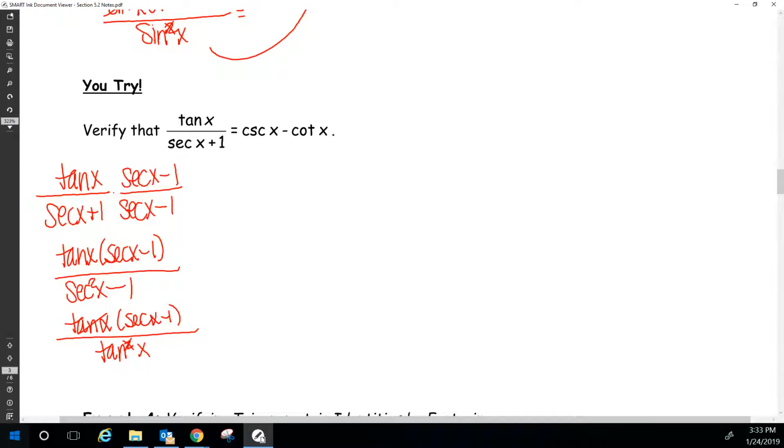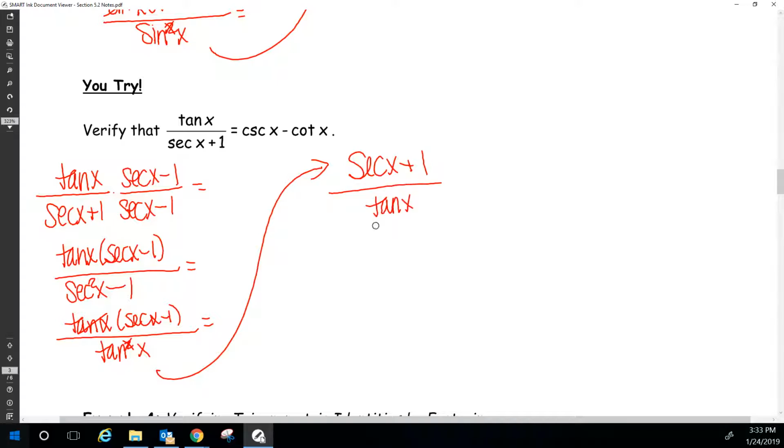Canceling out one of those tangents, we get secant x plus 1 over tangent x. Now that I just have one term in the bottom, I can split this fraction up into 2 pieces. Secant x over tan x plus 1 over tan x. So the second fraction is nice. We know 1 over tan x, I can get to,